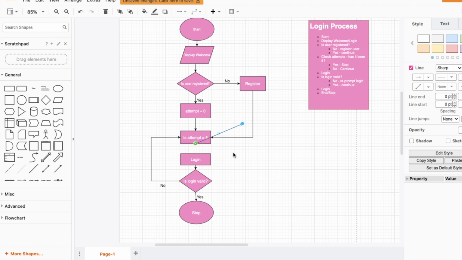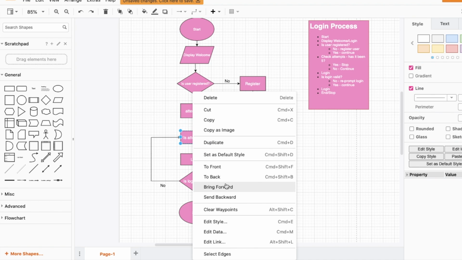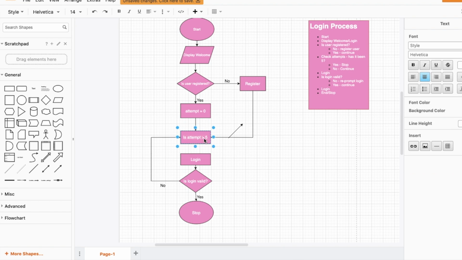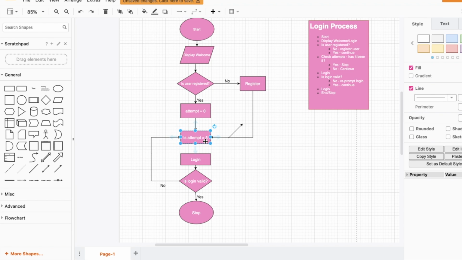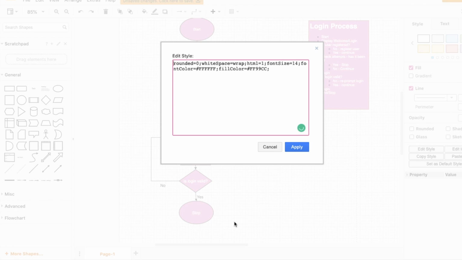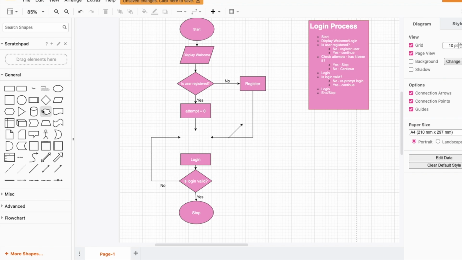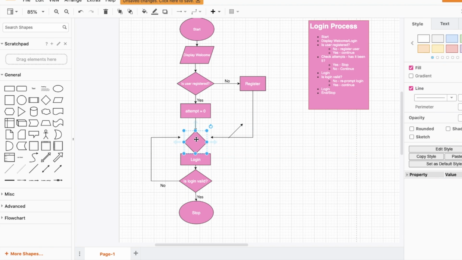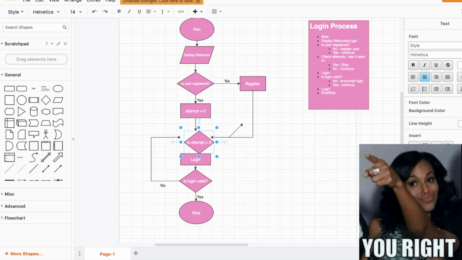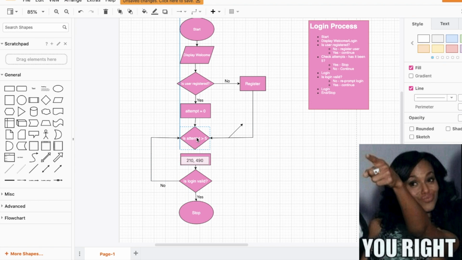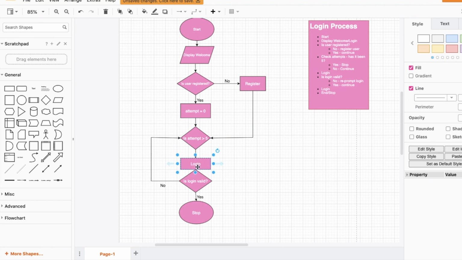Only one step. So it actually hit me right here that I asked the question that needed a decision, but I used a rectangle instead of a diamond. So I'm going to go ahead and just delete it and redo it. If you caught that one, you was a real one, okay? One step ahead of